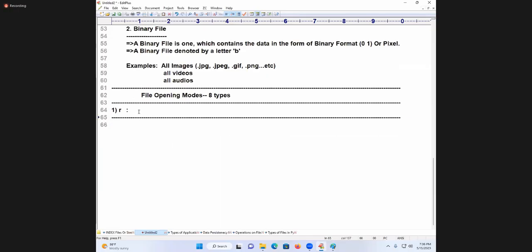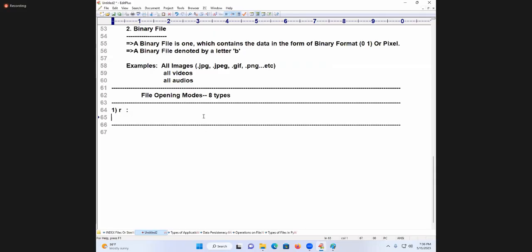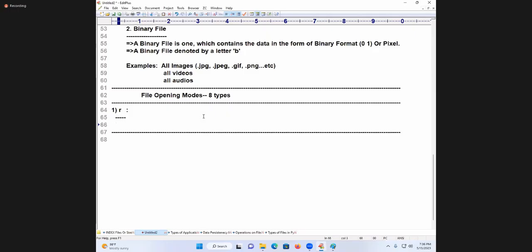R, which is very, very easy. What is R? I said don't say that. Don't tell that it is a read. This mode is used for, you have to say, this mode is used for reading.